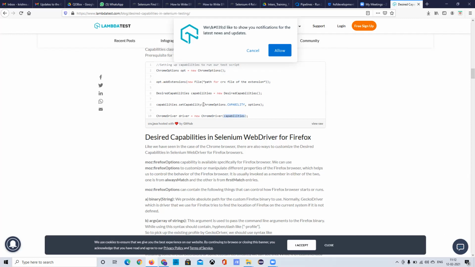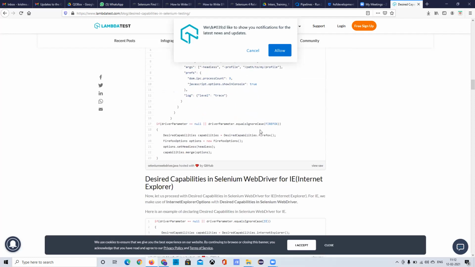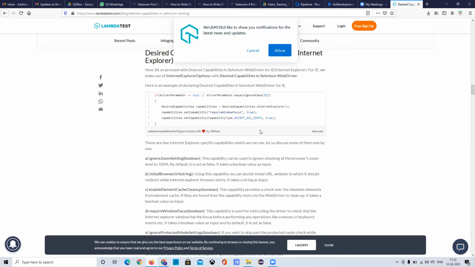So it's key-value pairs which we pass. For example, we can pass the browser, or the platform such as Windows.